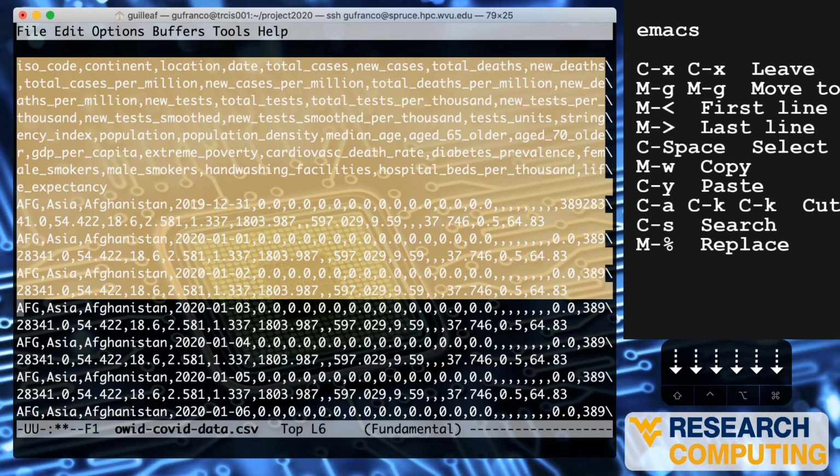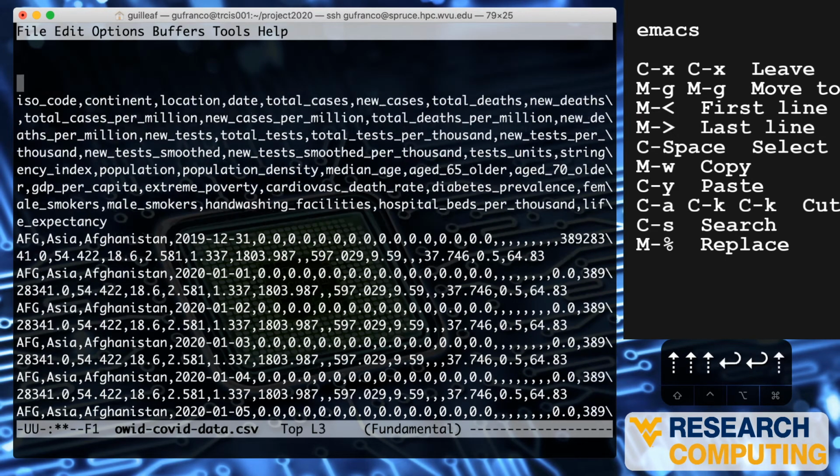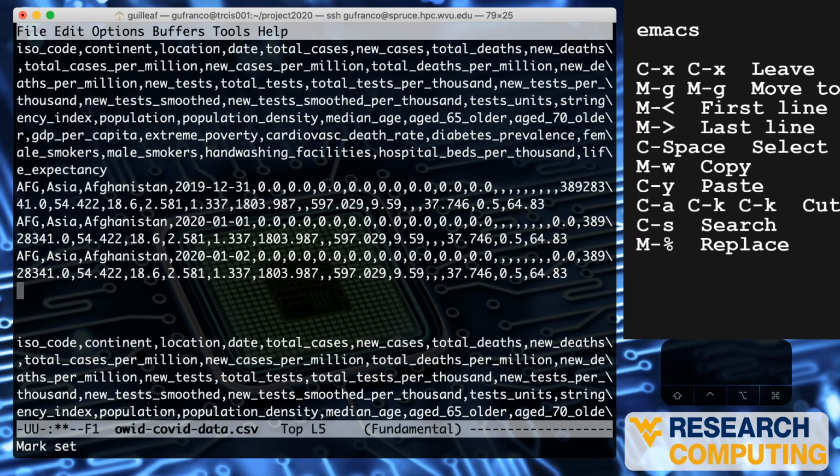You have two options here. You can copy this without removing this text from the place with Escape W, and at that moment the text has been copied, and you paste that text with Control Y. That's one option. Another option is, for example, going into Control space,